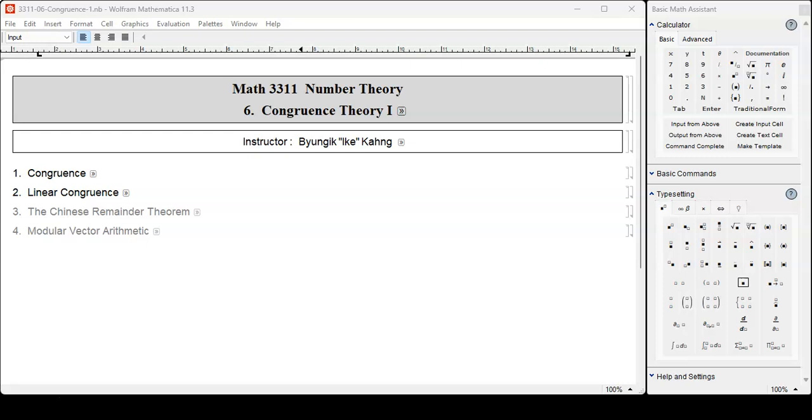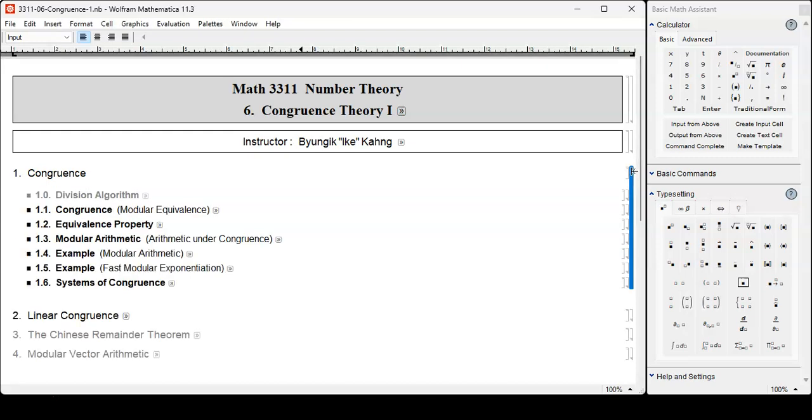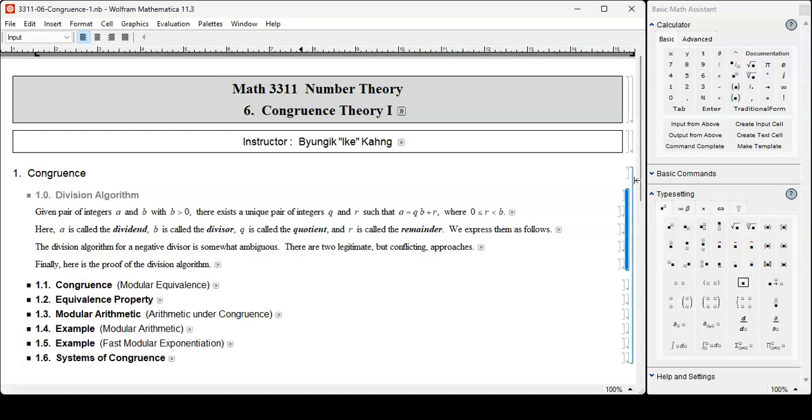Now the intensity is back up as we move into Lesson 6, Congruence Theory, Part 1. In fact, we had been using congruence here and there sporadically ever since we introduced it in Lesson 2, but this is big, but all those, at least most of those, had been confined to congruence to 0 in place of the divisibility. This time we are going to go a lot deeper than that, so let's restart afresh from the starting point